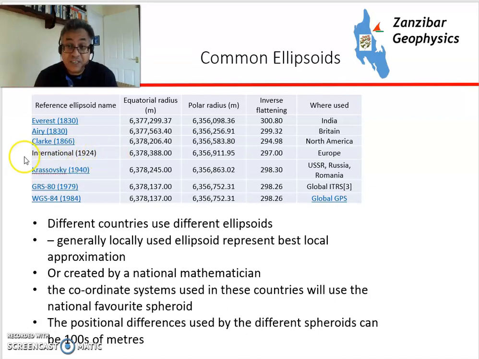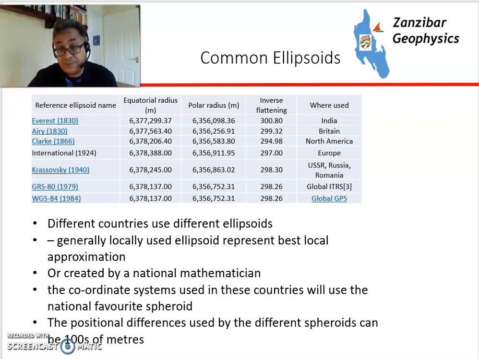In 1924, people had a go at producing a common spheroid, the international spheroid, also known as the Hayford spheroid of 1909. That's used quite a lot within Europe. So ED50 uses that, for example. Then there's the Krasovsky spheroid in Russia and the former Soviet Union, which was developed by Krasovsky in 1940. Then there were several other attempts, culminating in WGS84, which is used by GPS, which is now trying to become